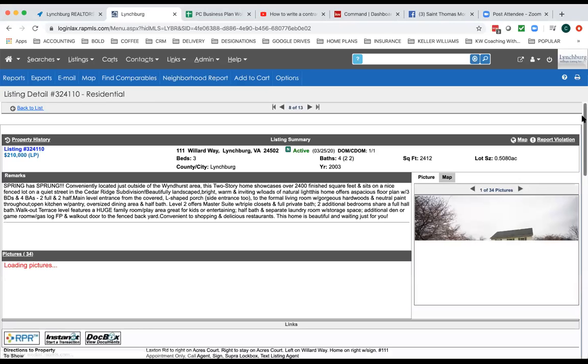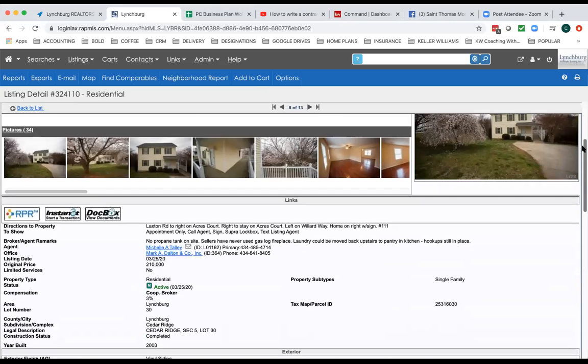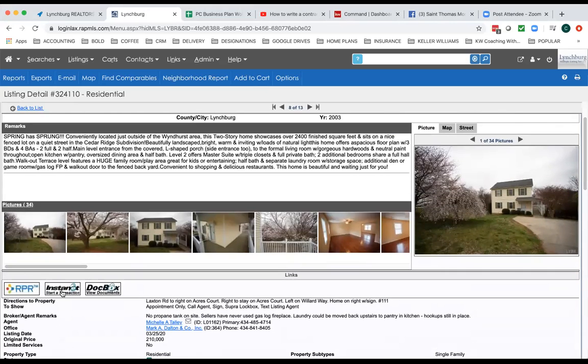So one way to get to Instanet is right here, if you all can see my pointer, and you can start a transaction from there. It will then automatically pull all of the data, including yours, over from the MLS into Instanet and start a job. But before we do that,